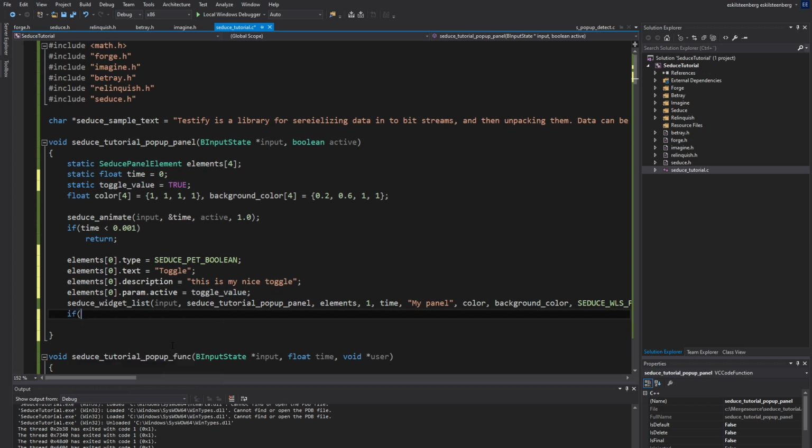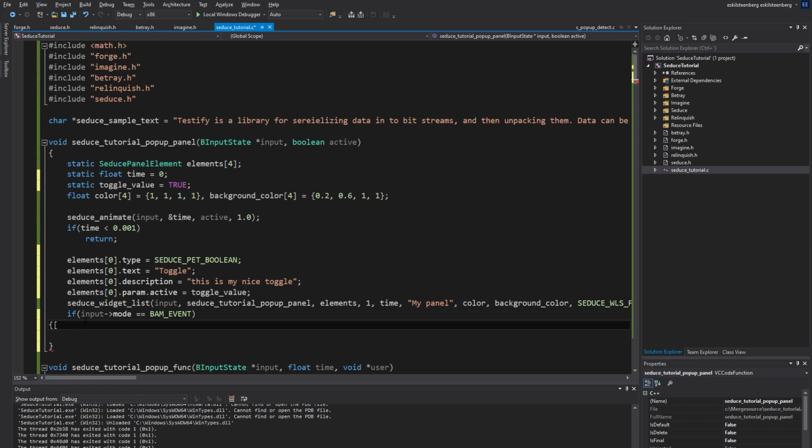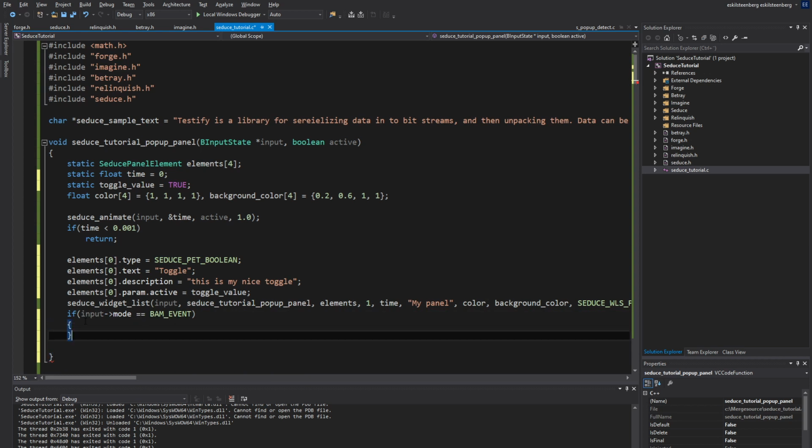So I say if I'm in input mode BAM event, I can listen to this all the time because it's not going to change if it's not an event, but let's save some cycles. I'm probably not going to save any cycles, but